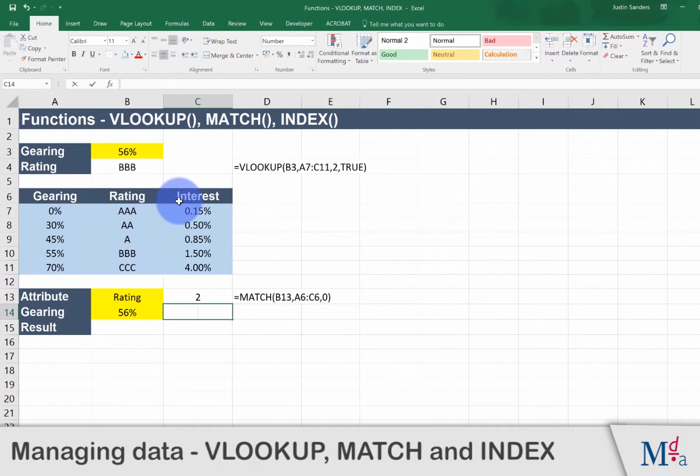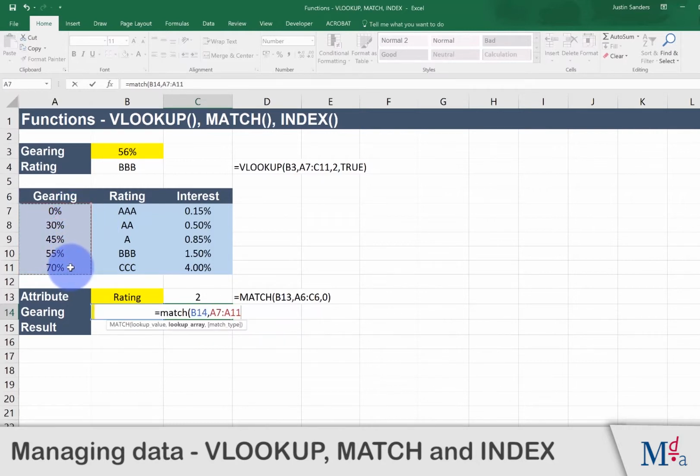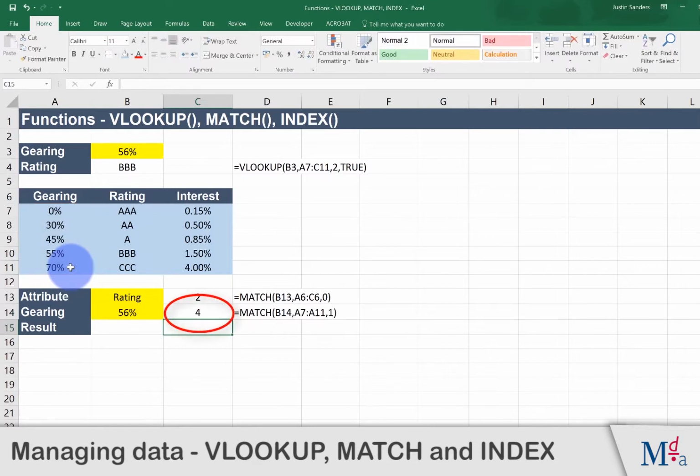Now, doing the same with gearing, type equals match. What we're looking up, which is 56%, a comma, where we're looking it up, which is in the range from A7 to A11. We want to return BBB. That's the rating appropriate for 55%, which is just less than 56%. We can see that it's in row 4,